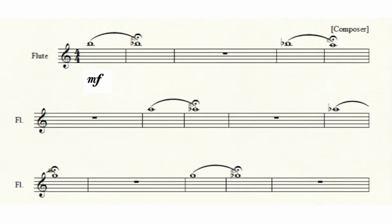To start the exercise, we'll hold the first note for 4 counts and the second note for 4 counts, and we're going to slur from one note to the next. For the purpose of this video, we're going to keep it that way: 4 counts and 4 counts at 60 beats per minute. But if you so choose, you can put an optional fermata over the second note to make it a little more challenging. After that, we'll have a 4 count rest in which you can practice that full,